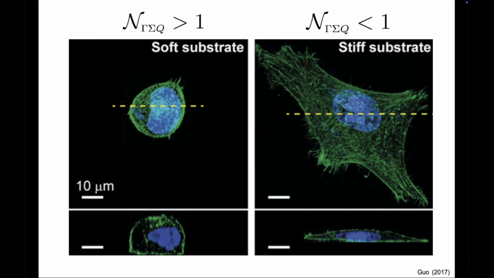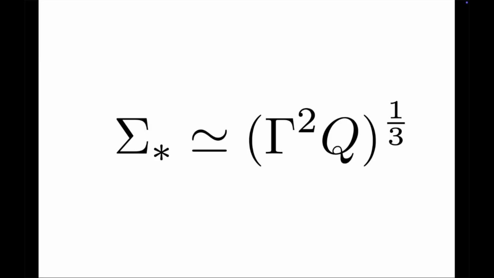A more complete model would seek to better understand the mechanical factors of the threshold in substrate modulus, to comprehend the origin of the stiffness, gamma, and to interpret the mysterious quantity Q. How would the values of these quantities vary from one cell type to another, by changing the osmotic pressure, or by altering the cytoskeleton? These are fascinating questions, but they are beyond our scope today.